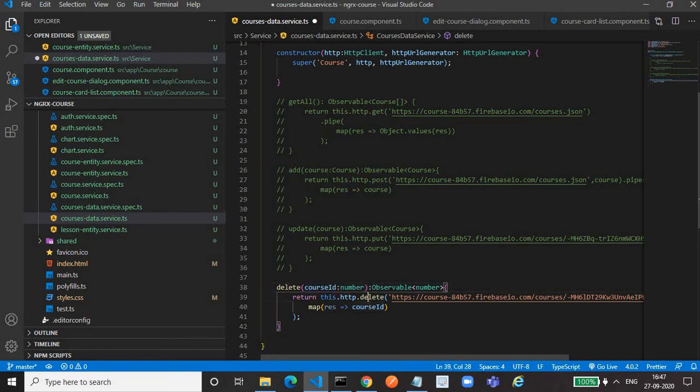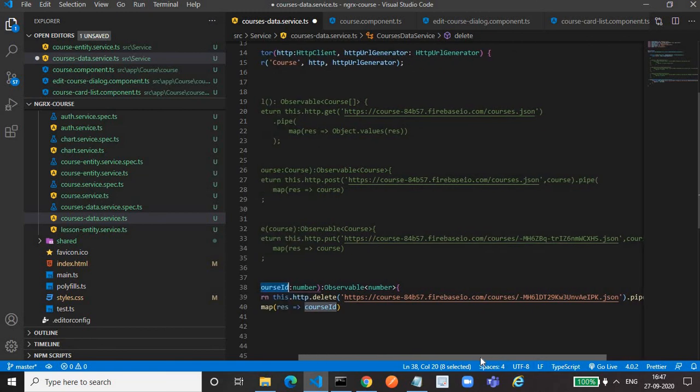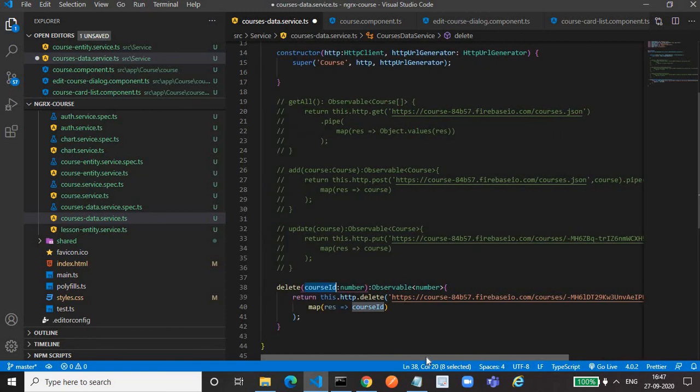It's a delete request, because the delete method only needs one parameter, the course ID, and we are providing that, and we have to return that course ID. That's it. In this way we can delete the course, and you can try out this overriding concept later.